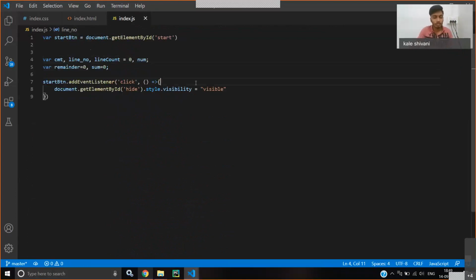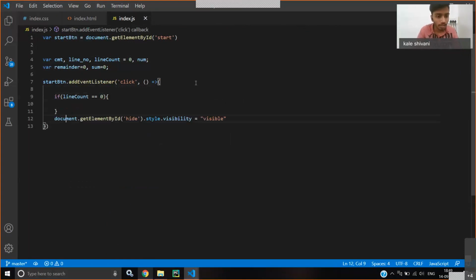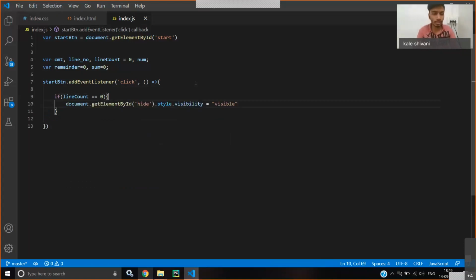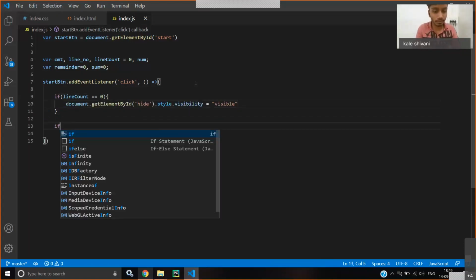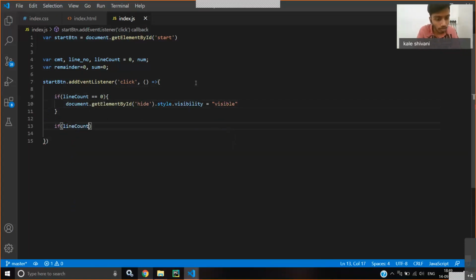Okay. So let's just first check. We don't want this to run many times. So if line count is equal to 0, then and only then we will set the visibility to visible. Otherwise, it is already set to visible after the first click. So we don't need to do that. The next thing we want to check is if our line count,